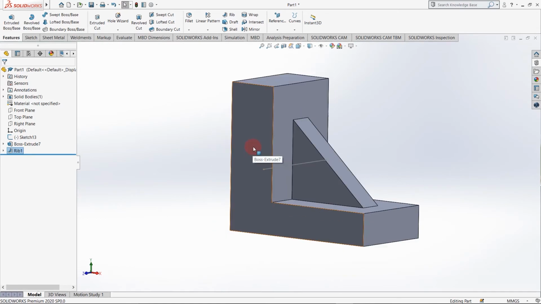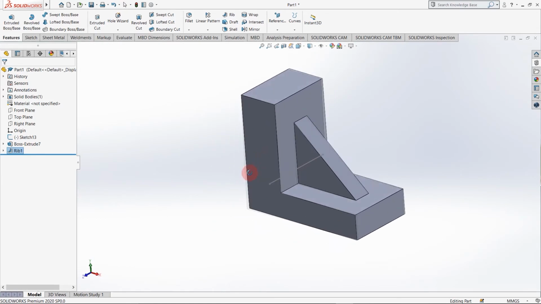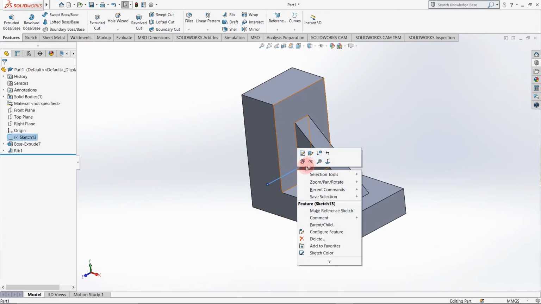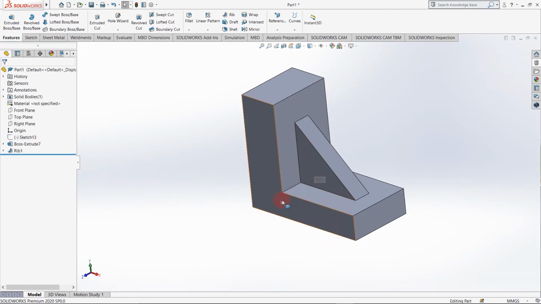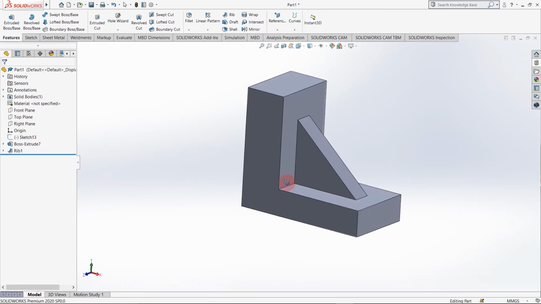Some construction lines you have constructed during your part design. After completing the part, you don't want those lines, so you can simply hide them. Right click on that and click on hide. As you can see, the line is now hidden, but it is visible to you in the design tree.